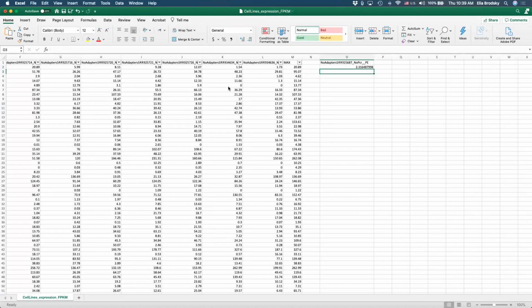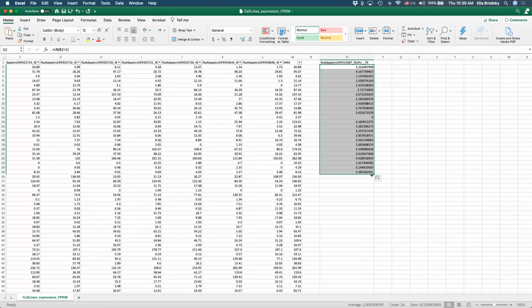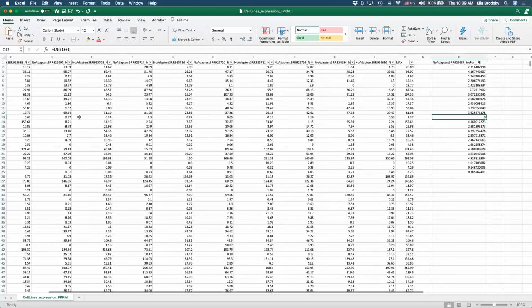So what will happen is that, and we can do this for all of our 19,990 genes, if it will let us do that. Maybe not. Okay, so here's an example, by the way, right? So this is a 0, and this is a 0, right?